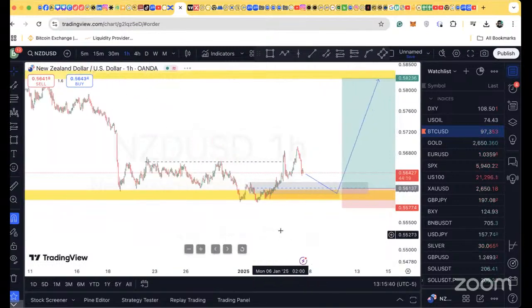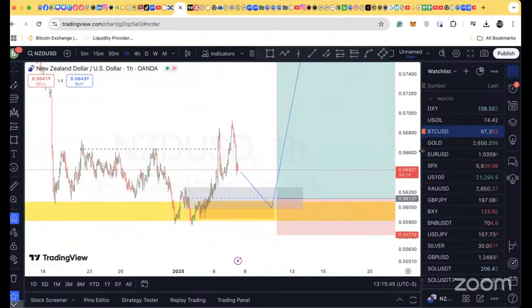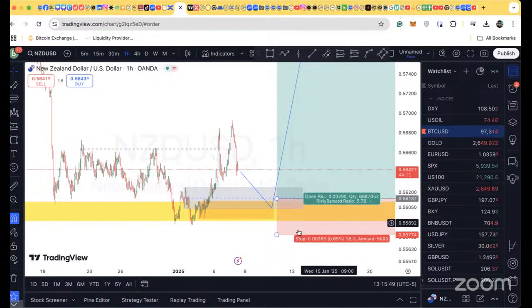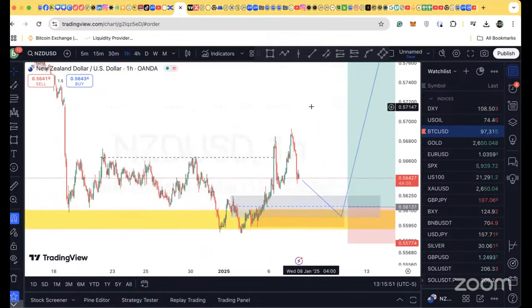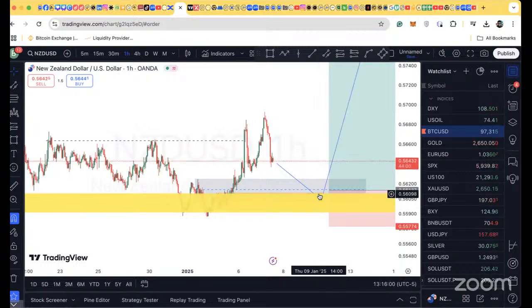So that is the plan we have for NZD USD. We showed this yesterday. So today, we are going to be asking ourselves a very important question. If we have the price come down to the entry area, we still need a confirmation on the fundamental side. What we have simply done is top-down analysis. We have found our entry zone, and price came down to our entry zone, but we are yet to see confirmation